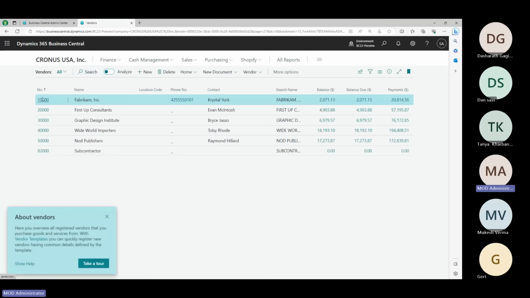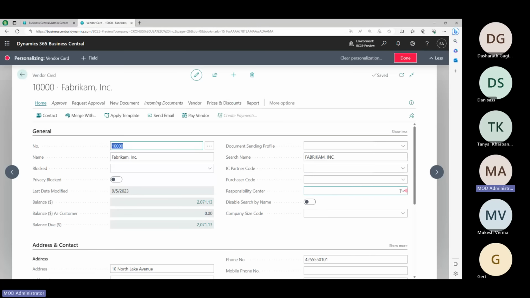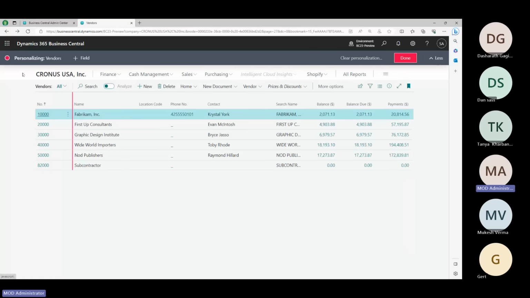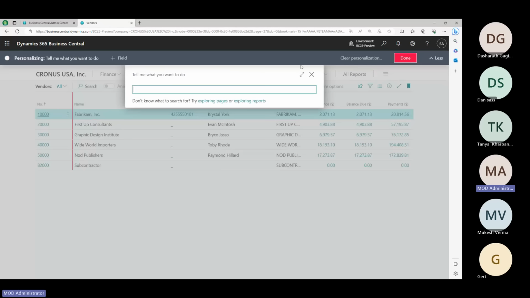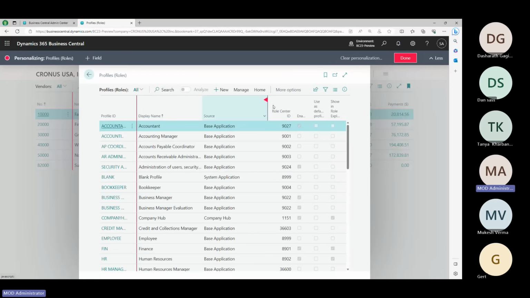So when you are on a screen which is an editable screen, you can always go into your personalized option, choose a field, and set that to lock editing. Now remember, don't do it on personalization, because then personalization will only apply to you as a single user. This option is also available when you get into your profiles page. So utilize this option while you're trying to customize the profiles, because then it applies to anybody who uses that profile. So if I'm trying to modify this profile,